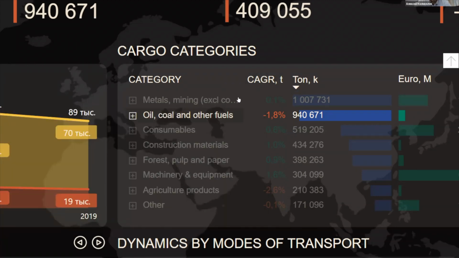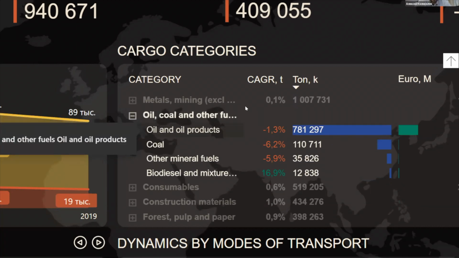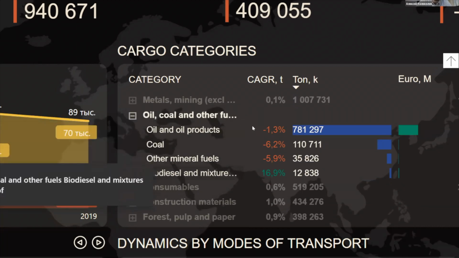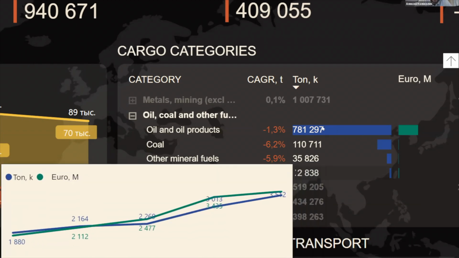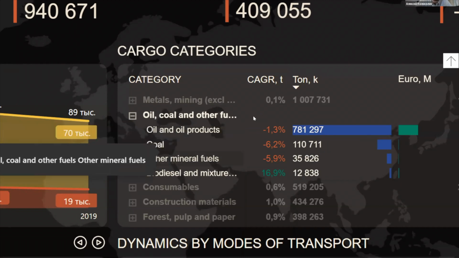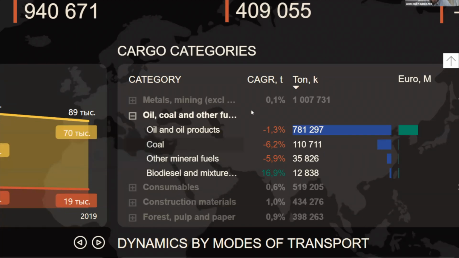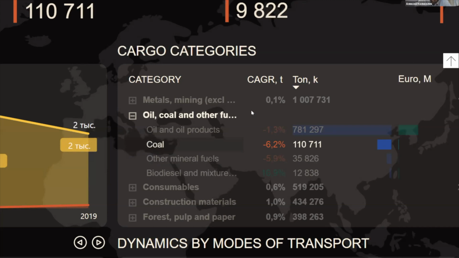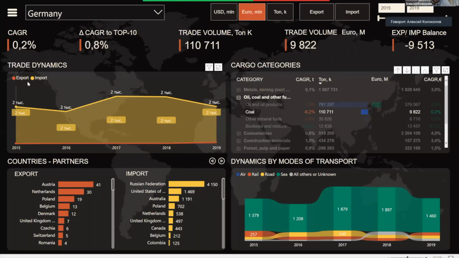I can also drop these categories and see that biodiesel is rising in great terms, but it brings just 12,000 tons. But coal and other mineral fuels are decreasing, and Germany's export in this category is less and less. Let's filter this coal, and you see that